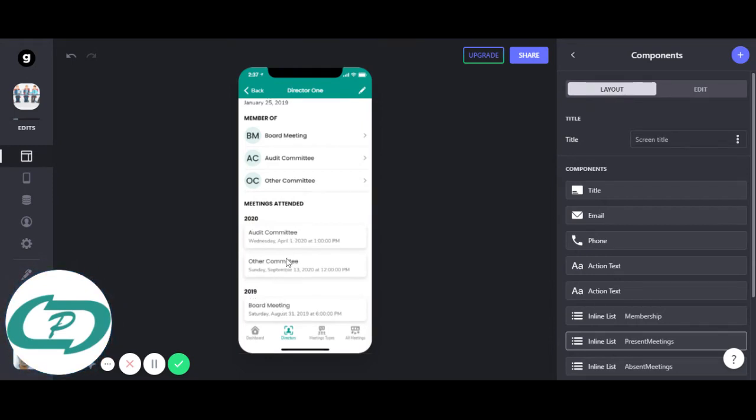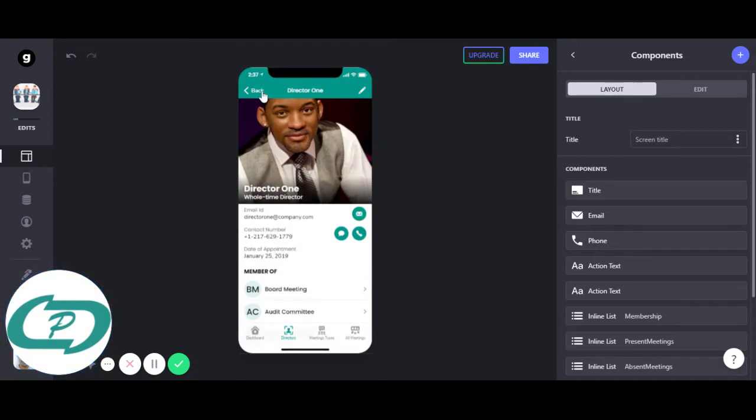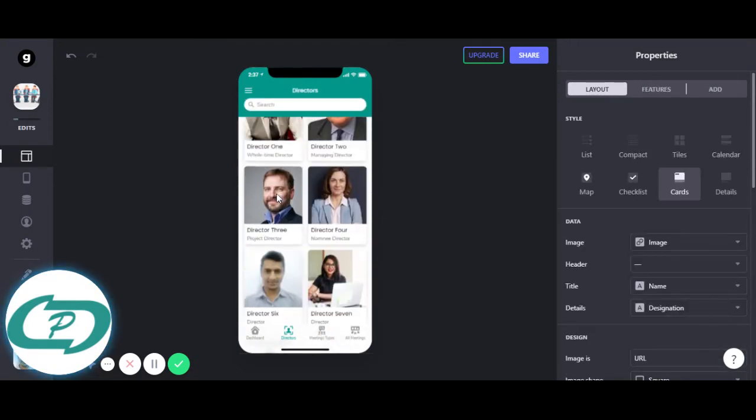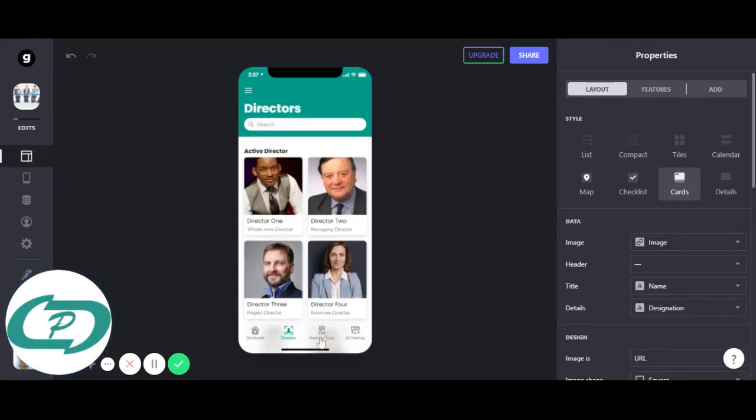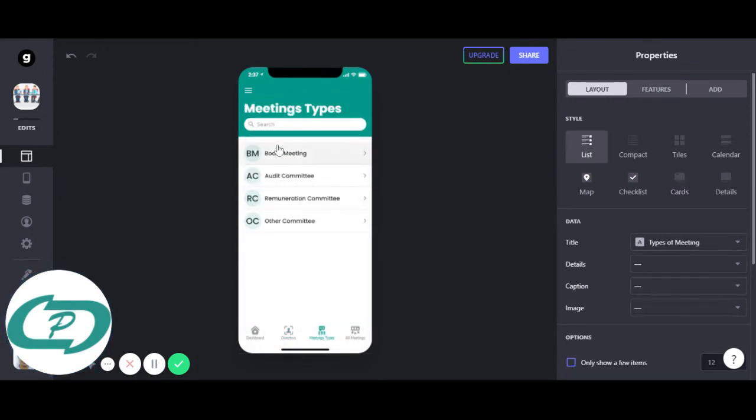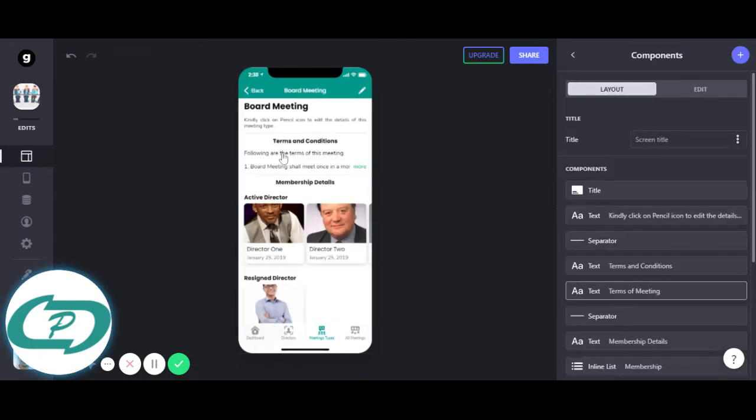So likewise, you all can see it. If you further click on this particular meeting, okay, we will come to this later. Okay, now we'll go back. So this is how you can see. Now we will go to the meeting types. So as you have seen, we have four meeting types. Similarly, you can go to this particular meeting type.